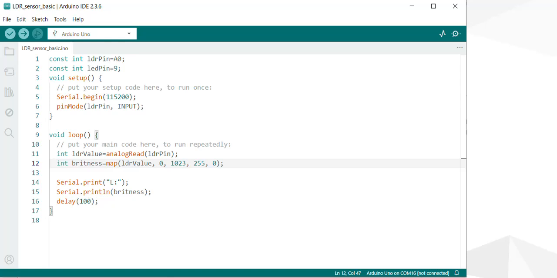This voltage will be inversely proportional to the level of light in your environment. The voltage is analog data, so we call the analogRead method and send the LDR pin as a parameter. That method will return the value of the voltage, and we